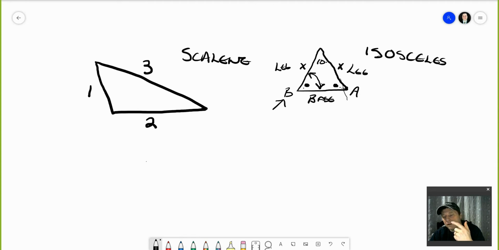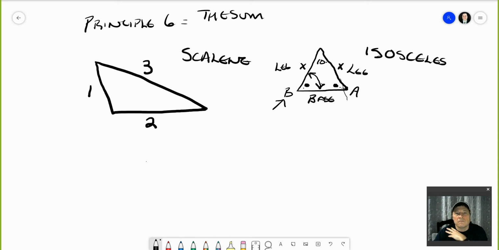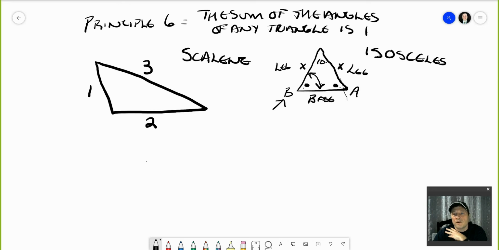So at the end of our lesson plan for tonight, you'll see at the bottom that principle 6. Okay, principle 6 says that the sum of the angles of any triangle is 180 degrees. So I told you at the beginning of this course that sometimes in my classes, when I